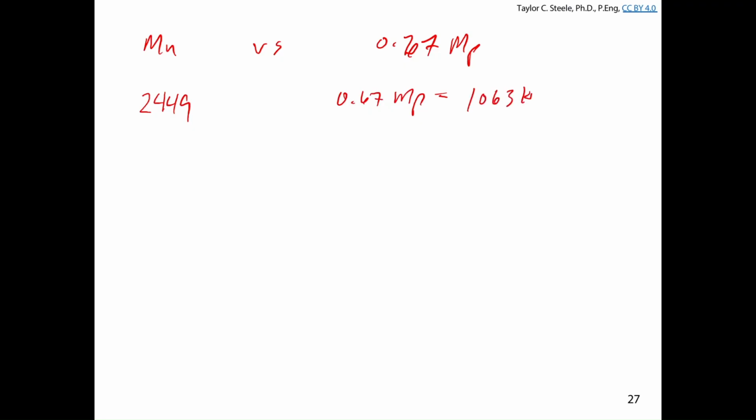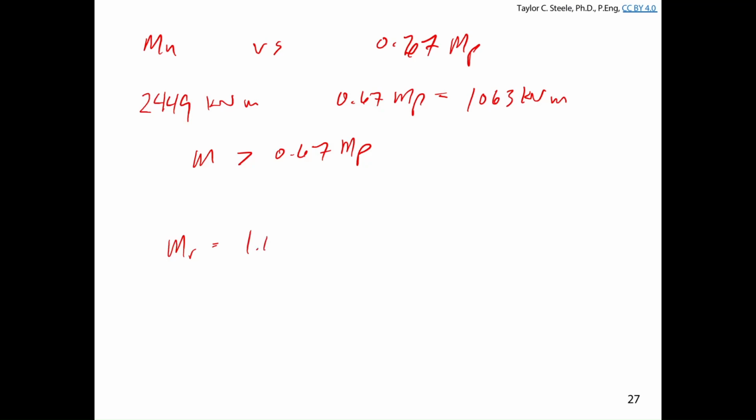So if we were to calculate the moment resistance, we compare MU versus 0.67 MP. Right? So MU is 2,449. 0.67 MP is equal to 1,063 kilonewton meters. Is MU, well, I'm just going to say it. Now MU is bigger than 0.67 MP. Yesterday it was smaller. And so basically this is going to change how we calculate the moment resistance. Okay, because MU is greater than 0.67 MP,